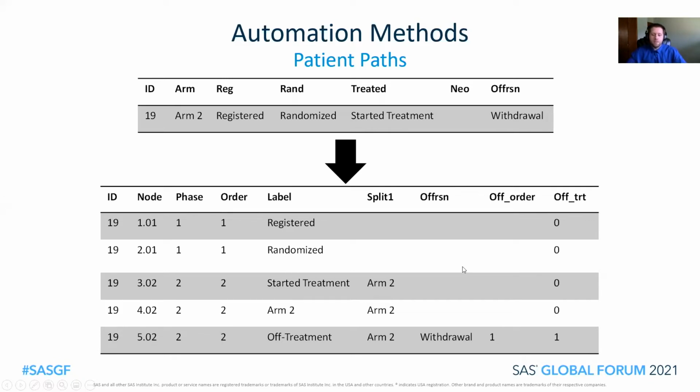There are a couple of extra rows that get added in here. When we encounter our first split variable, we add in another row to get the value of the actual split variable into the consort, like when we saw the two arms branch off. And when the patient goes off treatment and doesn't actually get to the end of the consort, we add in an extra row for that so that the off treatment box can branch off. The label grabs the label of that variable, and we hang on to the off reason to be used in a query. I have some other flag variables that I just use to subset a few queries down the road here.